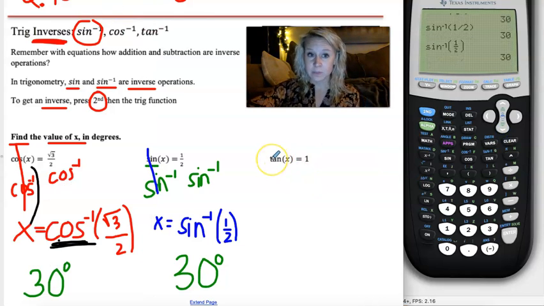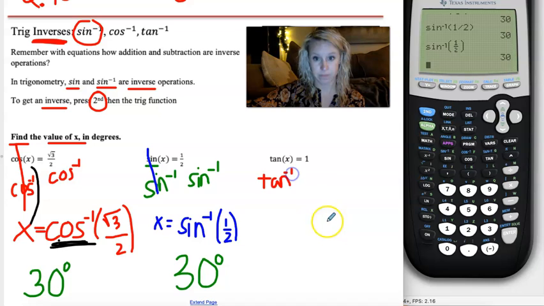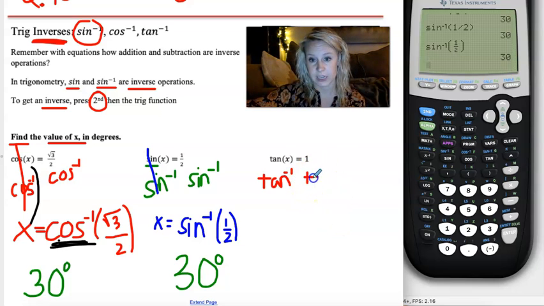Okay, I have tan. So tan of x is 1. The opposite of tan is tan -1. And then whatever you do to one side, do to the other. So tan -1. Tan and tan inverse cancel. Bring down x